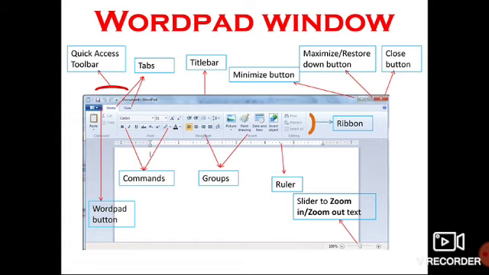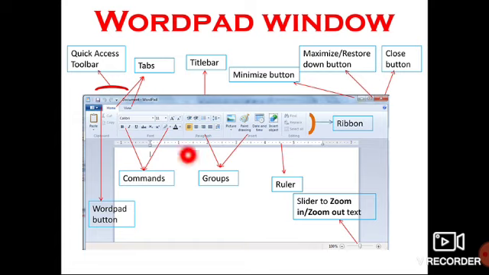Next we have the document window. The document window is the area in WordPad where you can type text. Next we have the slider. The slider is used to zoom in or zoom out the text, that is, we can either make the document smaller or bigger in size.